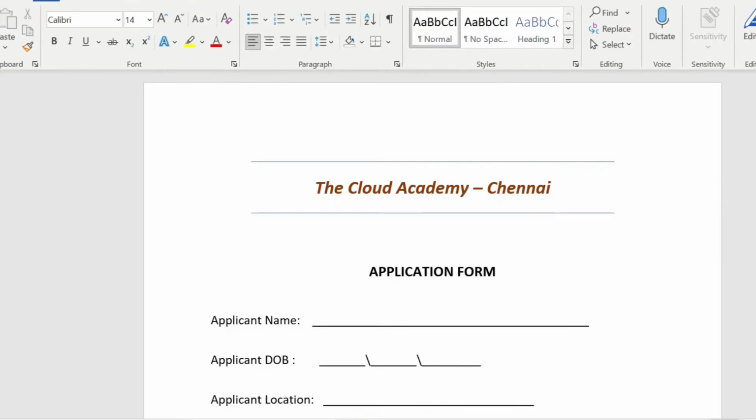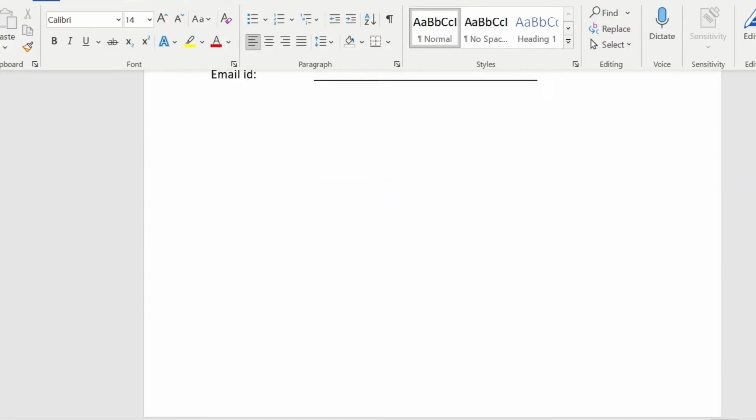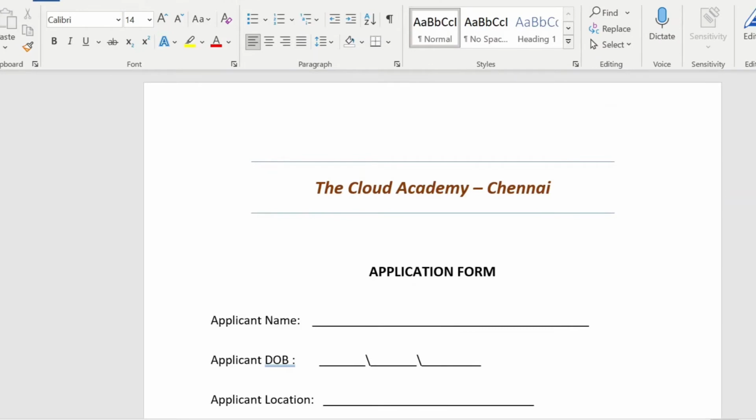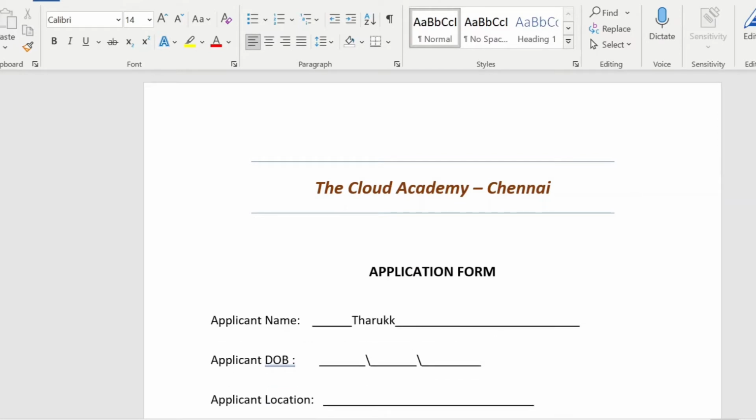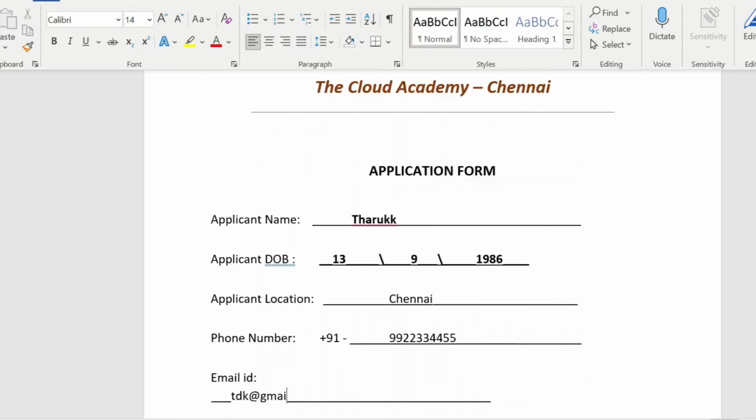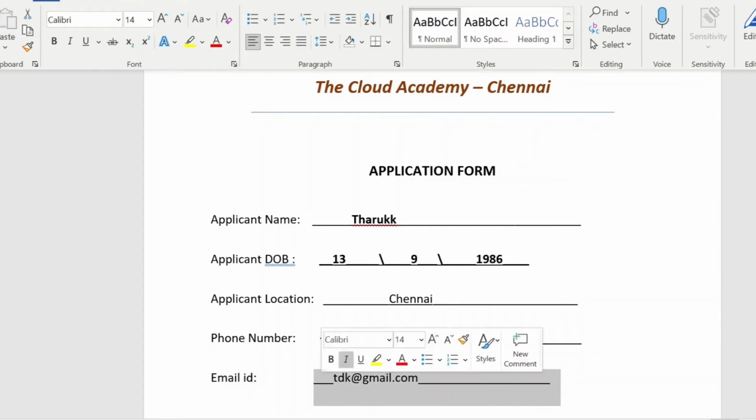Okay, so the PDF file has been opened in Word, and I can update the details. You could see I am editing the document like a Word document.